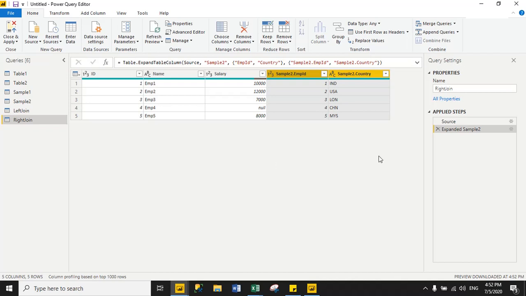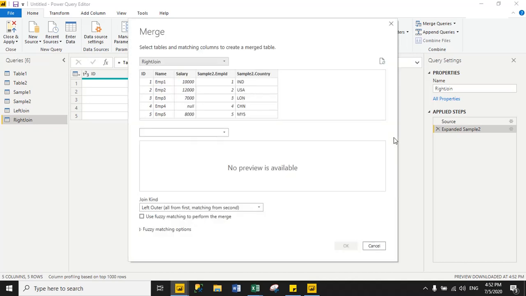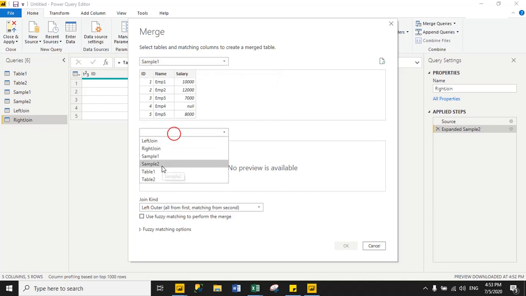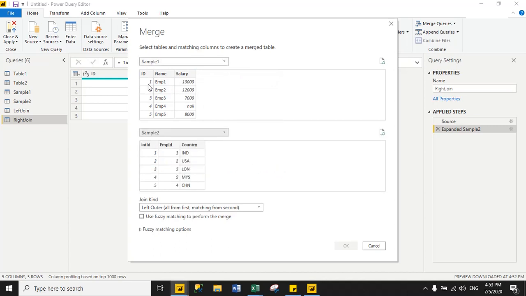Now we will see full outer join. For this, click on merge queries, select merge queries as new. Here we will select the sample1 table, then the sample2 table. On the basis of ID, we will join both tables. In my sample1 table I have the ID column, and in sample2 I have employee ID.